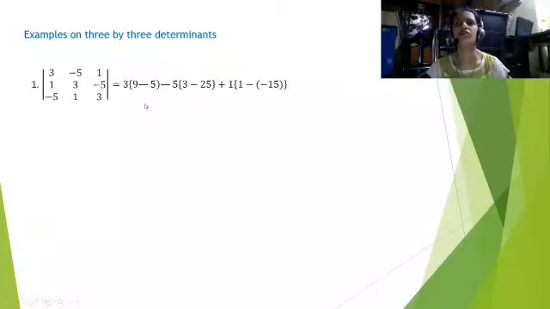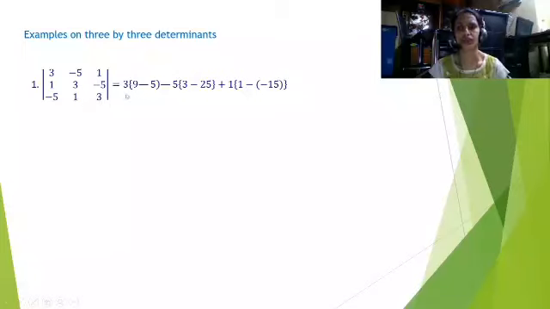Okay, so we will now do a 3 by 3 determinant example. It is 3, minus 5, 1; 1, 3, minus 5; minus 5, 1, 3. So we have to expand this determinant. We expand it along the first row. So we write the first element as it is, into, now which row and column do we have to hide? First row, first column. The remaining 2 by 2 determinant I have directly solved and written as 9